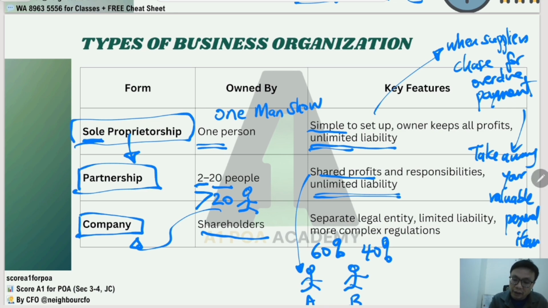So the main catch over here, the main characteristic that distinguishes a company as compared to the previous two, would be it has this characteristic called separate legal entity. They have limited liability over here. Limited liability implies that when the company goes into a state of insolvency, whereby they cannot pay the supplier or the creditors, the company director or the shareholder will not be sued personally. So just to have a rough idea, we will build on this concept subsequently as the chapters unfold.